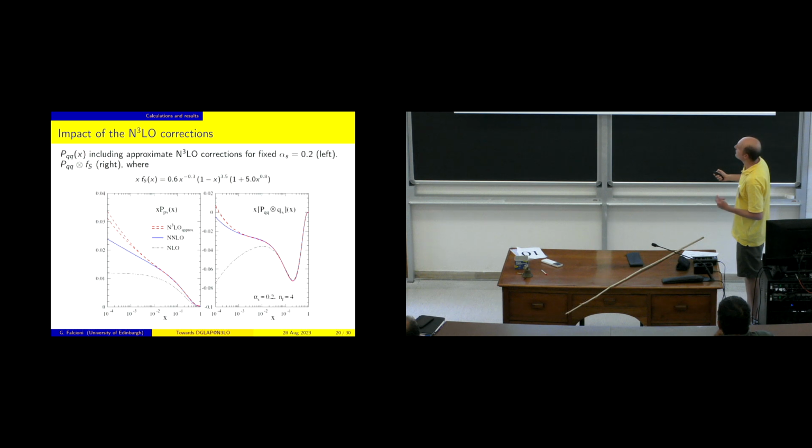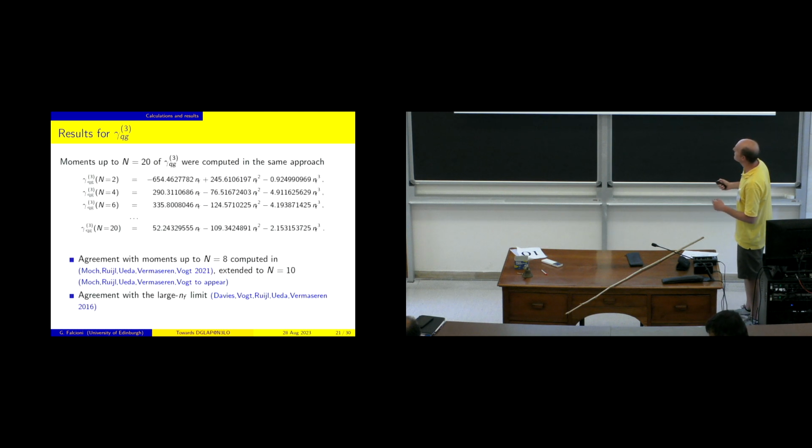However, one always has to remember that in the physical quantities, you need to compute the convolution between the splitting function and the PDF. So the splitting function at small x will be multiplied by the PDF at large x. And the PDF tends to fall quite badly at large x. So this is a model PDF that was used just to give some estimate. So what happens is that the error that was still visible here becomes just invisible after you convolute it in the physical applications.